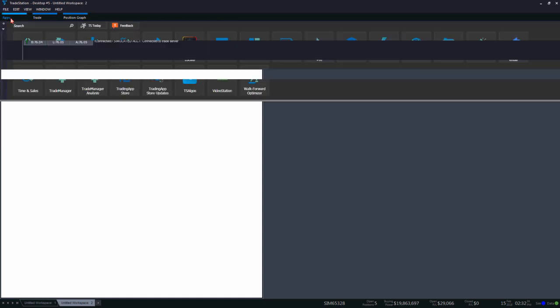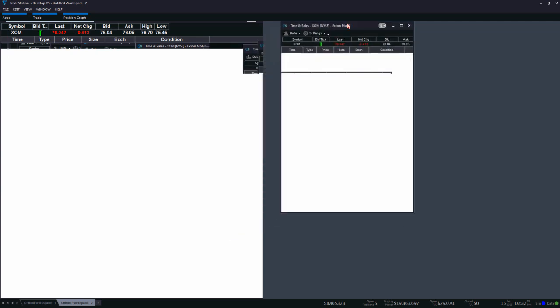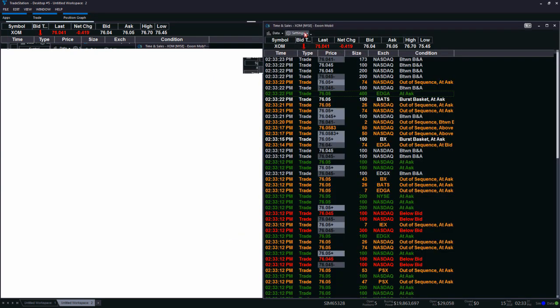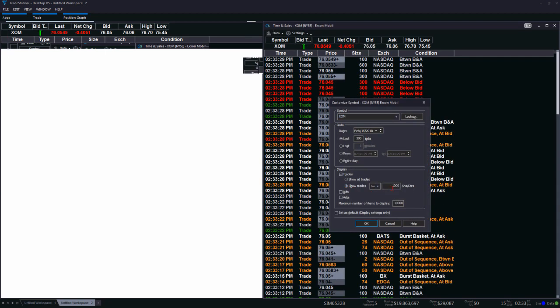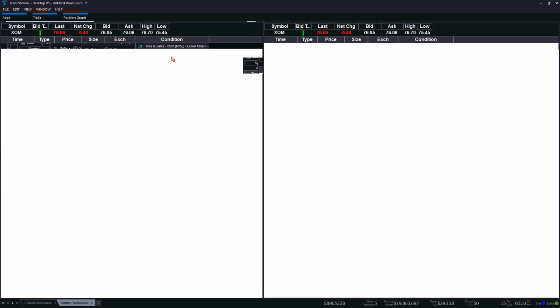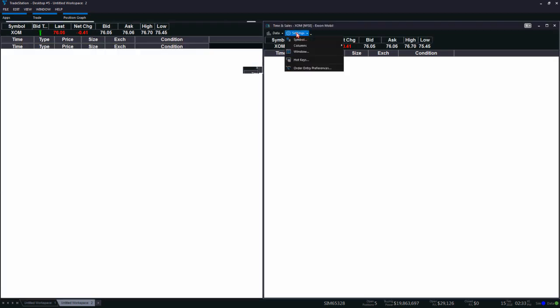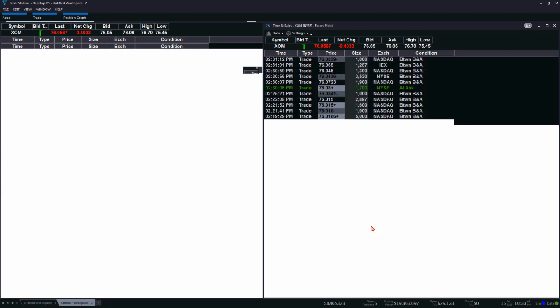Let's go ahead and leave that running for a moment, and you can go to apps and open up another time and sales just in case. All right, so one thing we can do here is Settings, Symbol. Let's do show trades greater than 1,000. And that doesn't show anything. Okay, so let's see. Settings, Symbol. I'm going to do the entire day. Click OK. Okay, so we have some trades here that are above 1,000 shares, and you can see that it goes back to